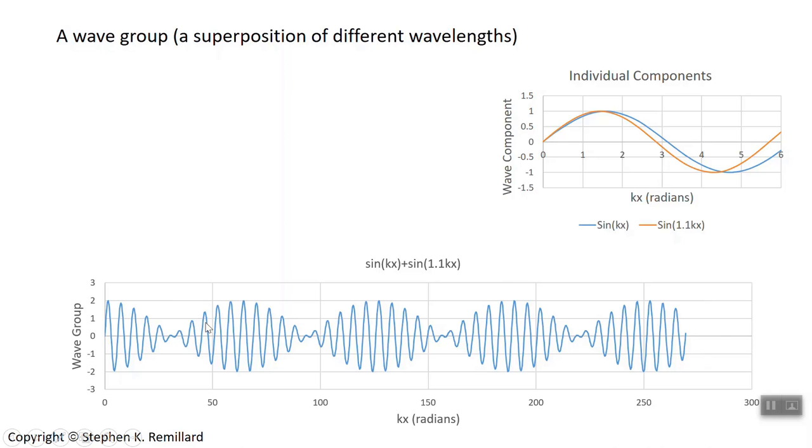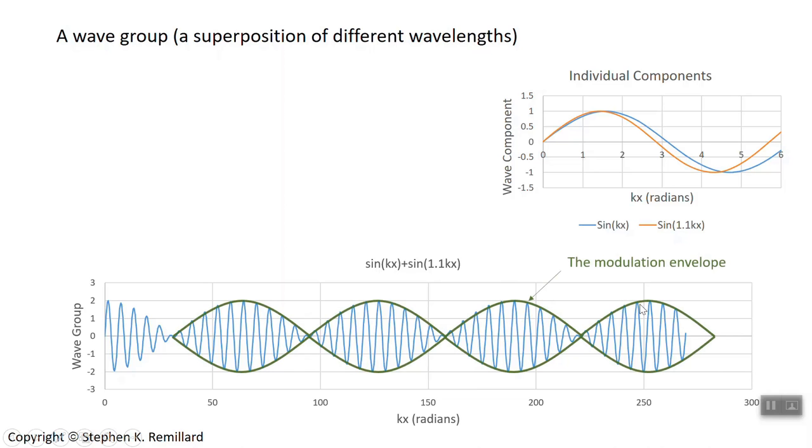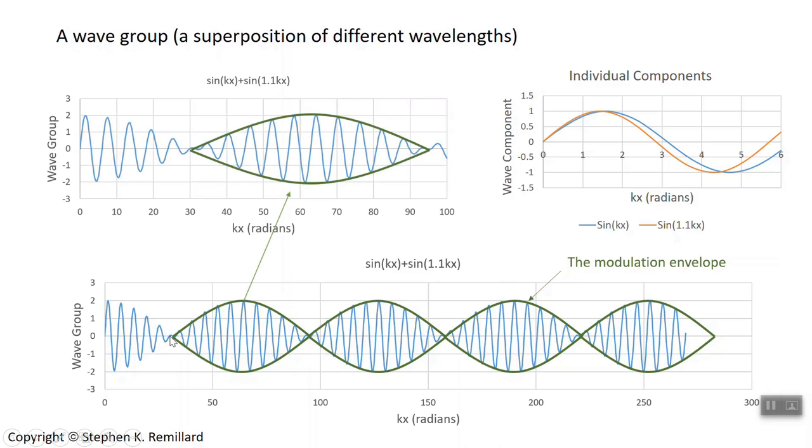Otherwise, you seem to have a single oscillation, a single sinusoid, that's modulated by a very long wavelength sinusoid. That's the modulation envelope. The sine of kx and sine of 1.1 kx certainly are almost the same on this graph. When you add them together, you get the points of destructive interference. Let's focus in on just one of these modulation envelopes. I see I have a high frequency oscillation or short wavelength oscillation, and I have a low frequency oscillation or